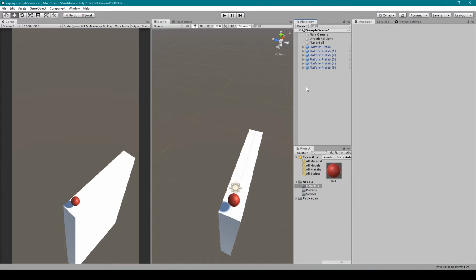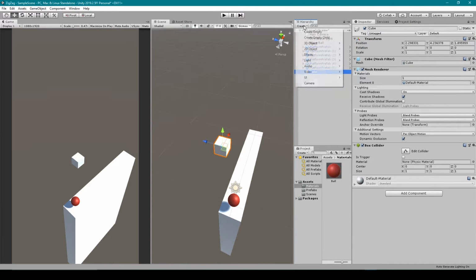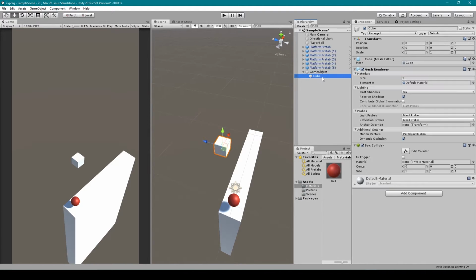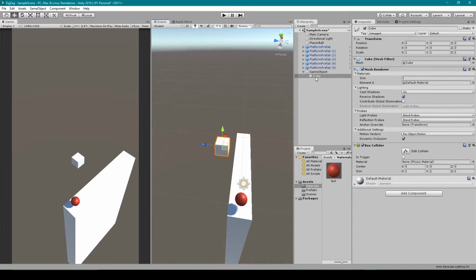So to do this, all you need to start with is the object that you want to change the pivot of. And so I'm going to create a new cube and an empty object. From here, all you need to do is take the object that you want to change the pivot of and make it a child to the empty. You then want to make sure that the child object is first centered on the parent object or empty object. From here, you then want to move the child object so that the parent object will be in the position